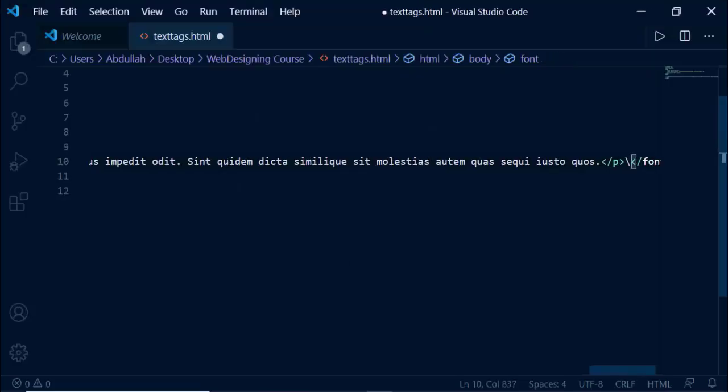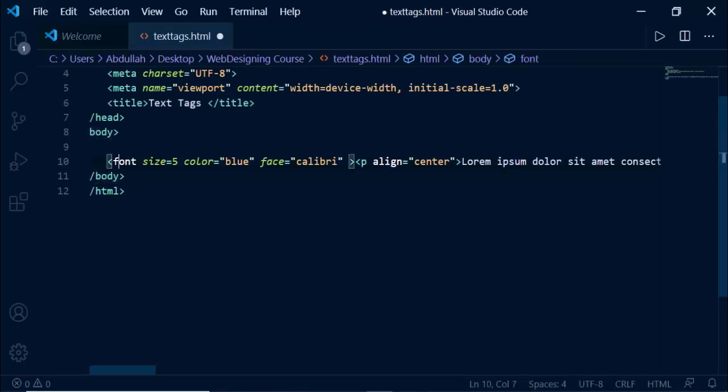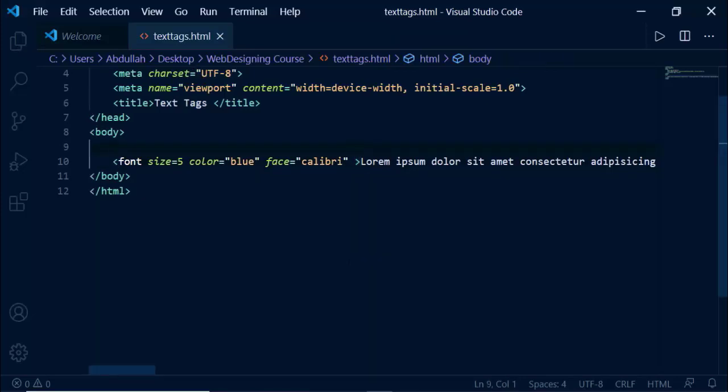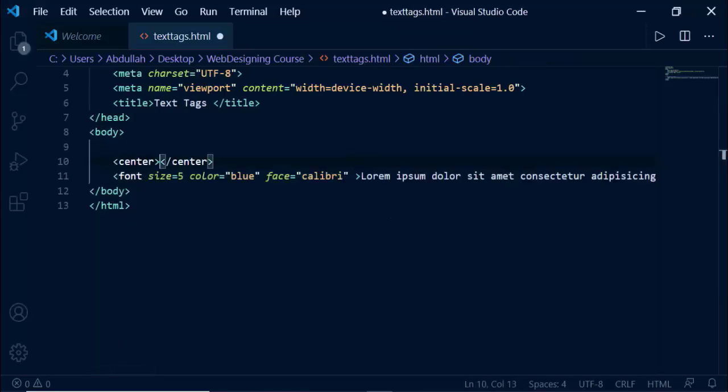Now we have another alternative way. The other way is that you can remove the p tag and there is another tag which is known as the center tag. You can put center tag here and you can put anything inside the center tag. Now the difference between making the text center using p tag or using the center tag is that if you use center tag, whatever content you type inside the center tag will be aligned center. It may be an image, a video or anything. It will be centered. But in the p tag you can only center the text.